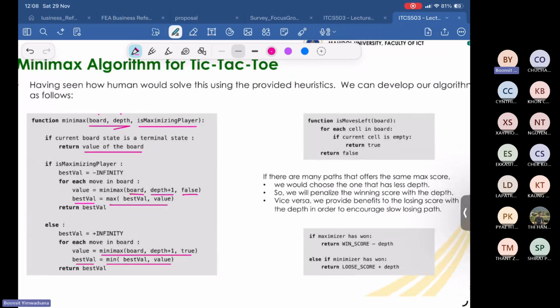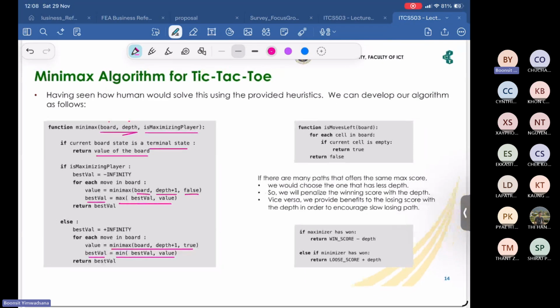To know whether I am at the terminal state, I will count how many cells are left in the board. If it is 0, then this is the end of the game. Okay? And also, there might be possibilities that